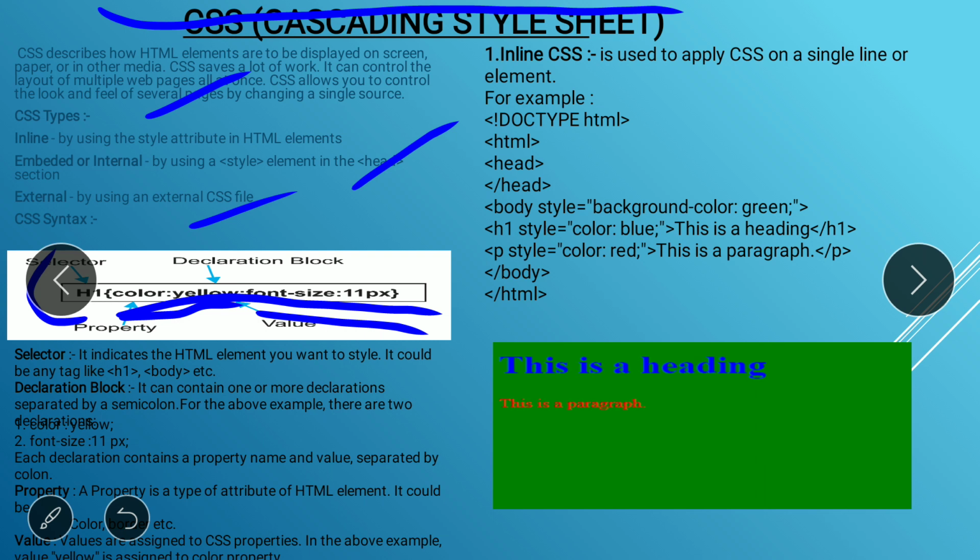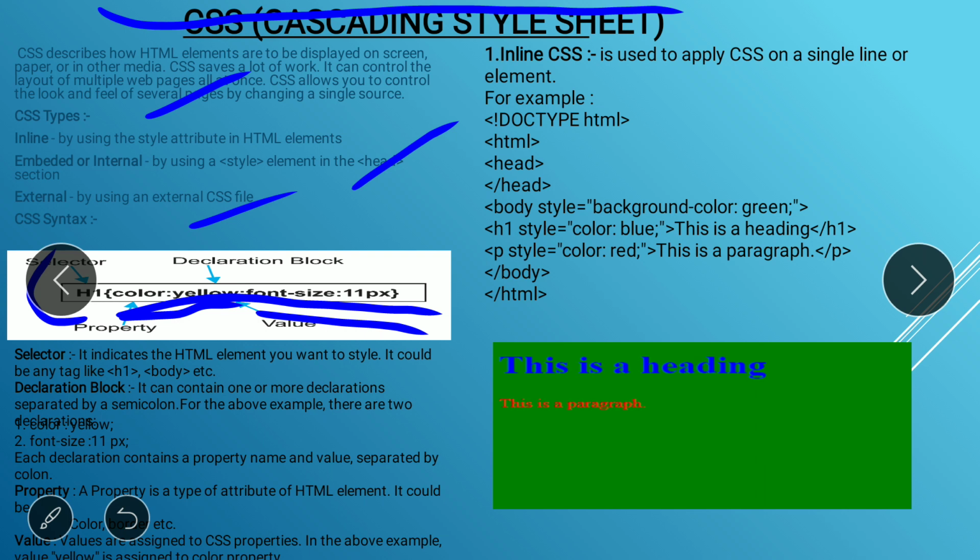So the selector indicates the HTML element you want to style. It could be any tag like h1, body, etc. Okay, the tag on which you have to apply CSS, whichever it is, is called the selector, and that's it. Next is nothing but the declaration block.